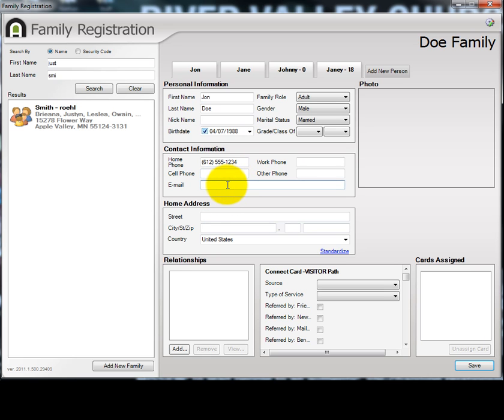Email address can be entered into this field. And then right below that, their address can be entered. Once you've entered this information,